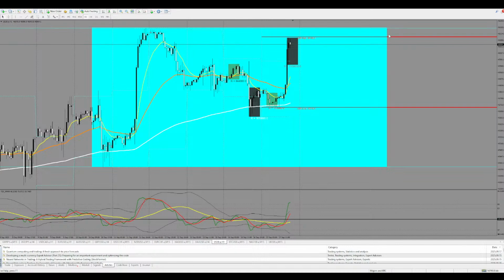Forgive me for my screaming colors, but I think it will help you see better. Off of this high, if anything, we should be looking for buy orders, as the trend on H4 is really screaming for us to look for buys. However, it is possible that we can trade backwards